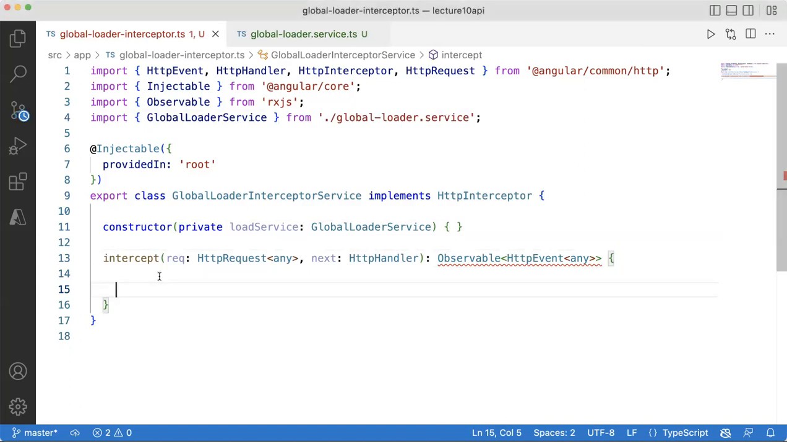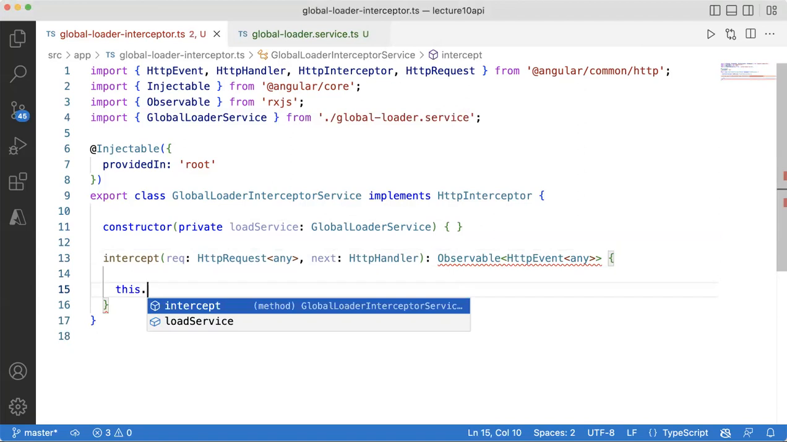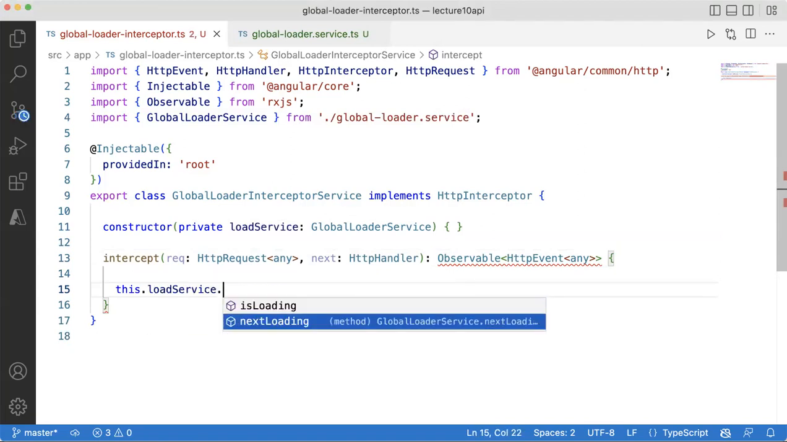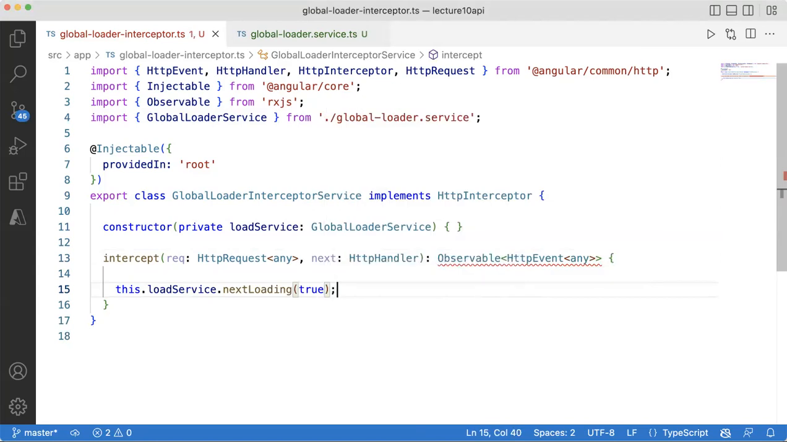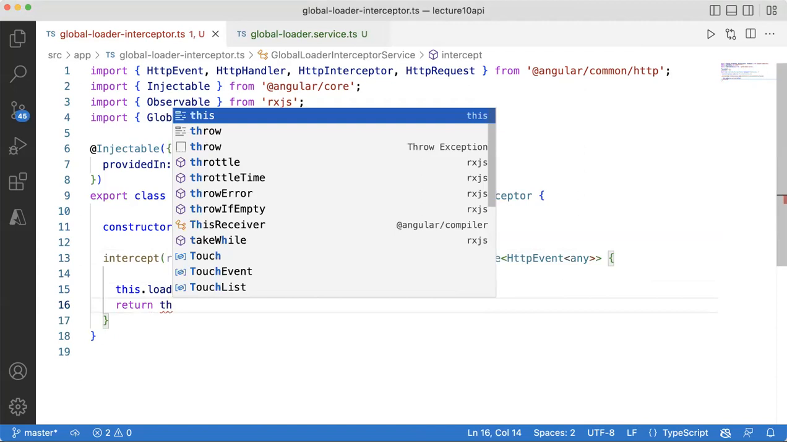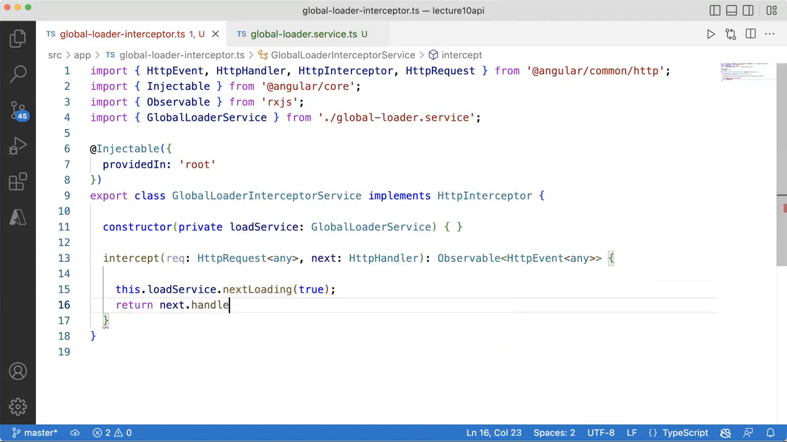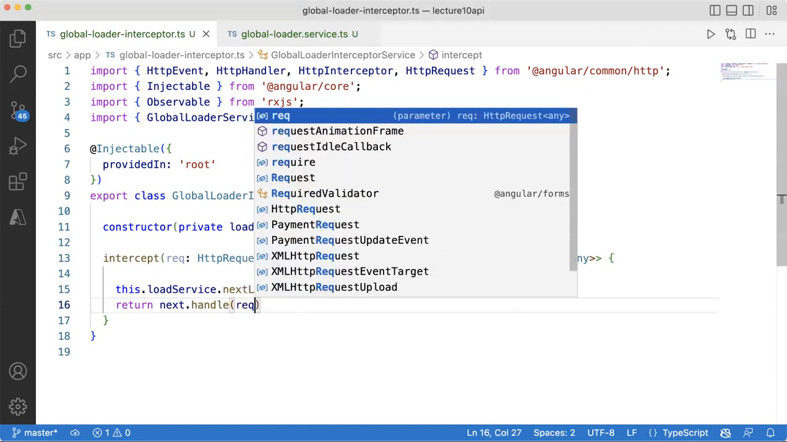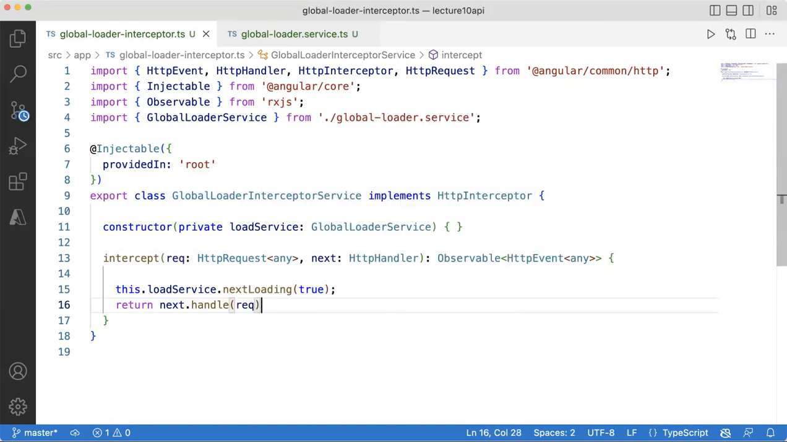If we are here in the intercept, it means we are loading something, right? So this.loadService.nextLoading is true. If we are in the intercept function, it means an HTTP call is in action. Agree? And here we'll say return next.handle, and you pass this request, and then you pipe this, and inside the pipe you would say